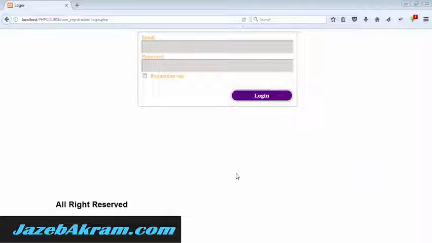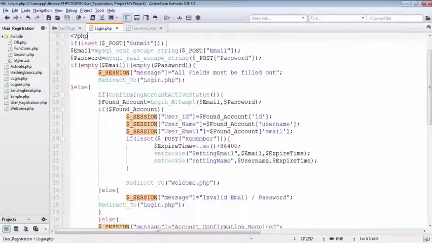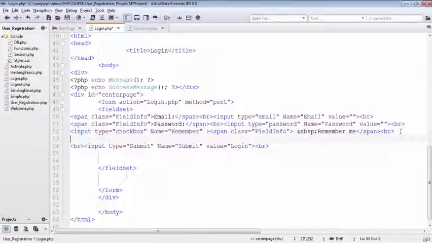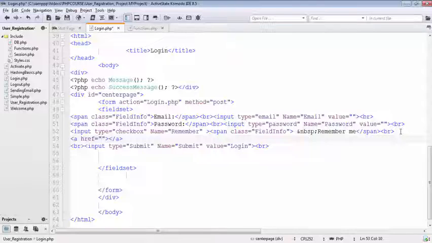So now for adding the forgot password feature, first of all, we have to add here one link that could take our user to the page where he can fill in some information to get an email that he could use to reset his password later. So in the login.php page, right after this remember feature, I'm gonna define here one link, and this link will have the address to be a new file that we are going to create, recover_account.php, and for its text we are gonna call it forgot password,